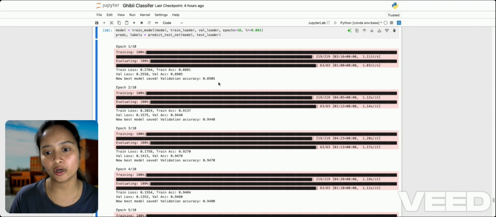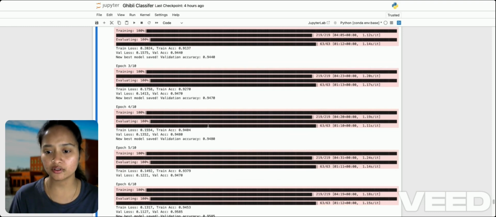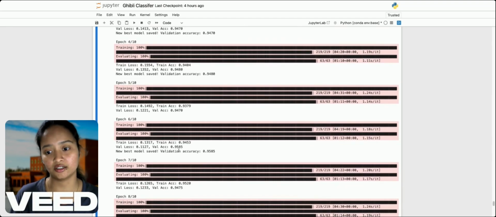If you see here in epoch 1, it is 0.8905. For epoch 2, it is 0.9440. Epoch 3, it is 0.9470. And epoch 4, it is 0.9480. If you see, it is slightly increasing, and in epoch 5, it decreased. And again in epoch 6, it increased. So when it is going from one epoch to another epoch, the training and the evaluation will be done, and according to the train loss, train accuracy, validation loss, and validation accuracy there will be slight changes